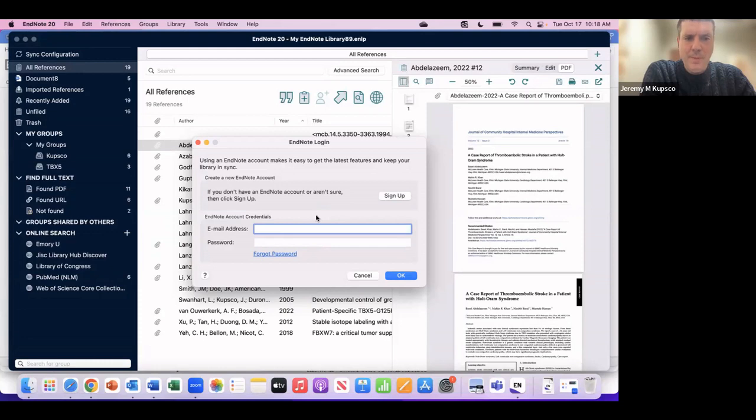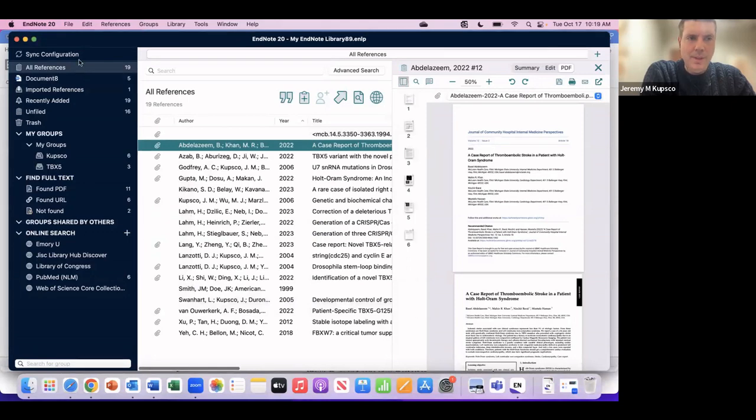It's recommended that if you give someone full permission to edit and add citations to the library, you make sure they know how to use EndNote, because the next time you open your library, if they accidentally delete stuff, it's going to sync, and those citations will now be gone from your library. So if you're going to share using EndNote itself, just make sure that your writing partner knows how to use EndNote, so you don't have a disaster by them accidentally deleting your library.